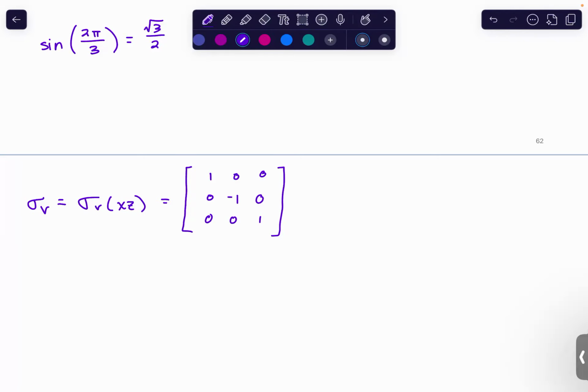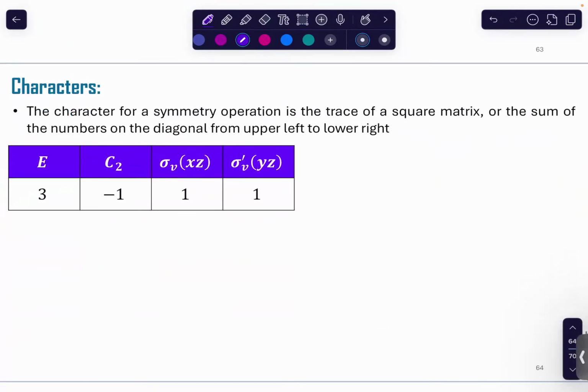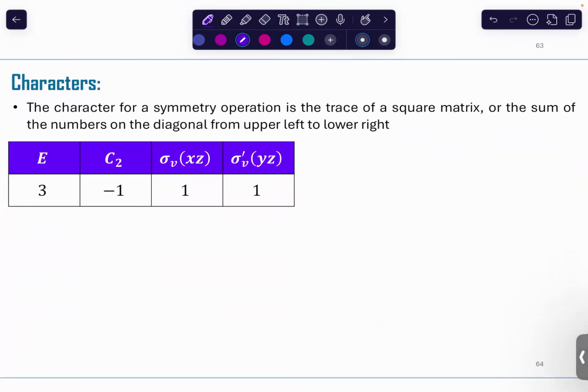Let me start explaining characters to you. Okay. Characters. So this is where we're going to start building what we call a character table. So your symmetry operations, initially, they're going to be the trace of your matrix. Okay. I want you to try to tell me